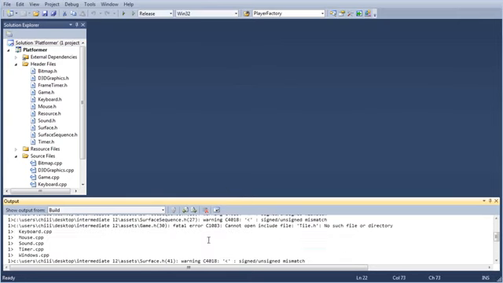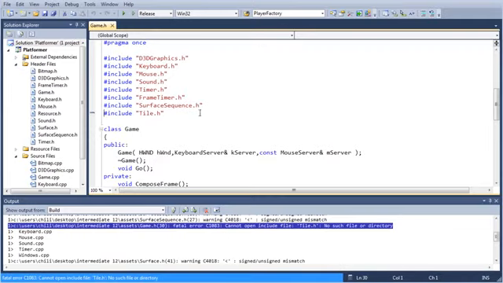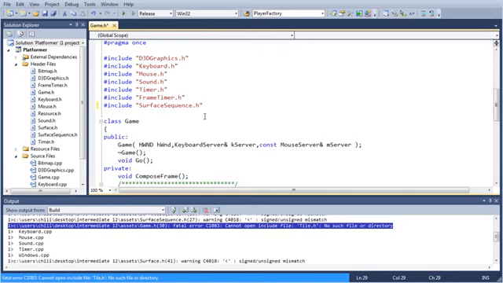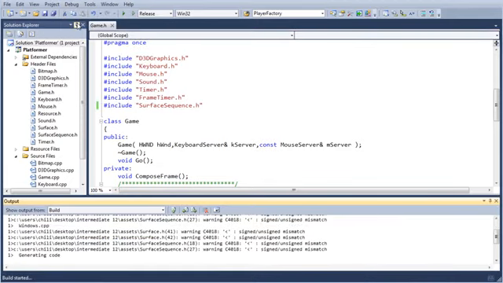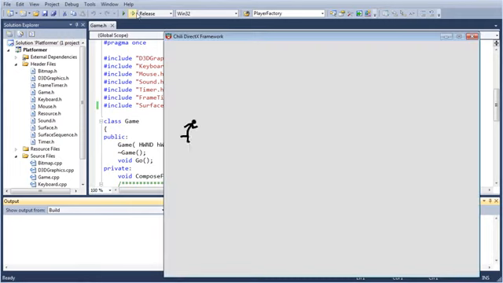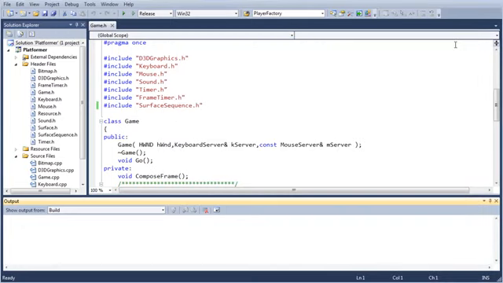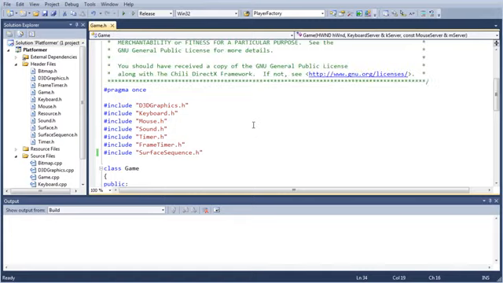Fatal error. That is never good. Cannot open include file tile.h. Okay, well, first thing you're going to do is delete this, because I deleted the file and I did not delete the reference there, the inclusion. Let's see if it's... No, okay, that was fine. And run it. So you see I got rid of the tiles, and I also made the dude smaller because, I don't know, it'll be easier if the dude is smaller. Doesn't take up so much space on the screen. At least that's my opinion. So that's the things I did.